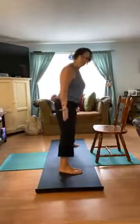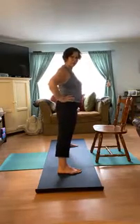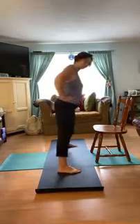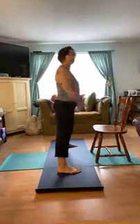So with the feet still wide apart, now move your feet so the outer edges are parallel to the edges of your mat. So in other words, your toes aren't turned out like a duck. Your feet are parallel to each other. Keeping the knees a little straighter now with this forward bend. Inhale up,